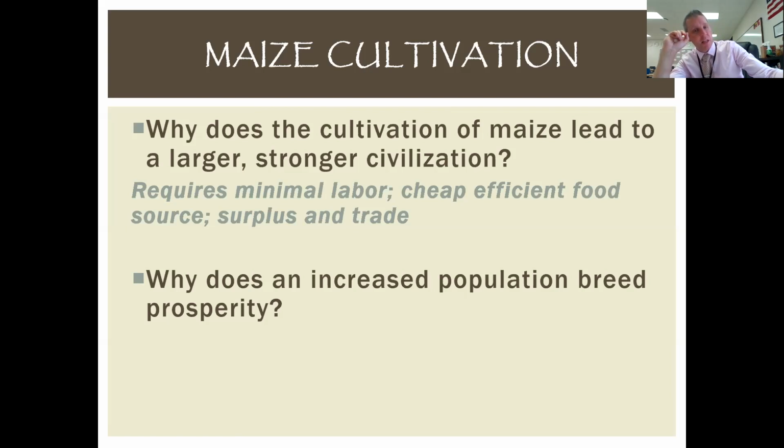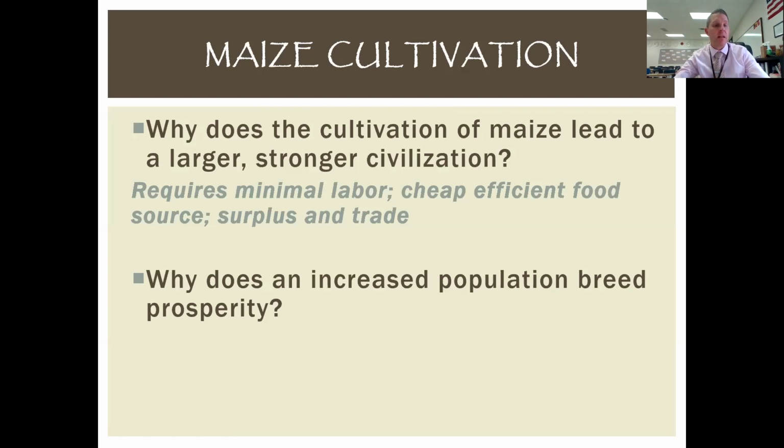And then finally, because of how much you can grow, it creates a great surplus. And if you have a surplus, you're an economically stable group and you have trade goods. If you've got lots of food, you've got something you can trade. You have a currency with other groups. If you have that currency, you're going to bring more things into your own society, and that's going to lead to your growth and success. So maybe you came up with something different, and there are certainly other answers, but I think those have a lot to do with why maize would lead to these gigantic empires.